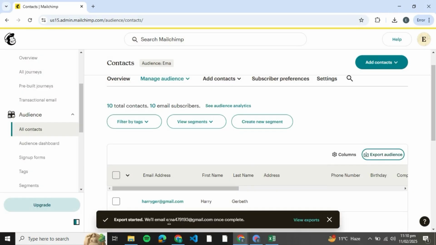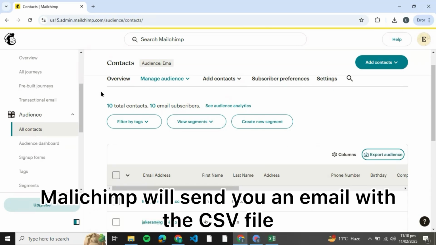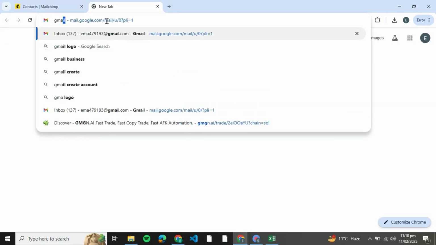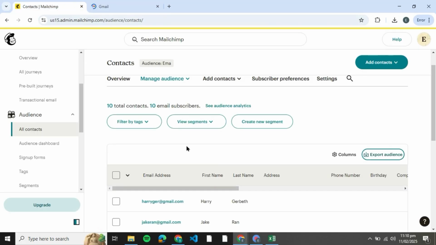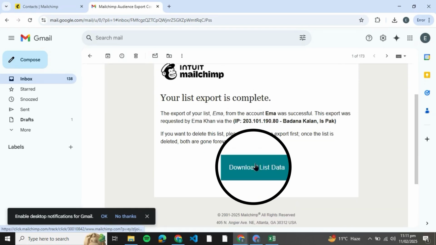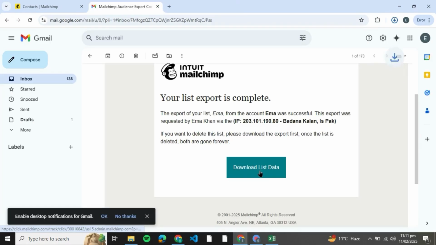So just click on that, and it says that export started, and they'll send an email to this email once it's completed. So you can head over to a new tab and open your Gmail account, because MailChimp will send you the file in your mail. So just click on that, and here you can see that I have received an email from MailChimp, and it says download list data. So I'm just going to click on it, and once I click on it,